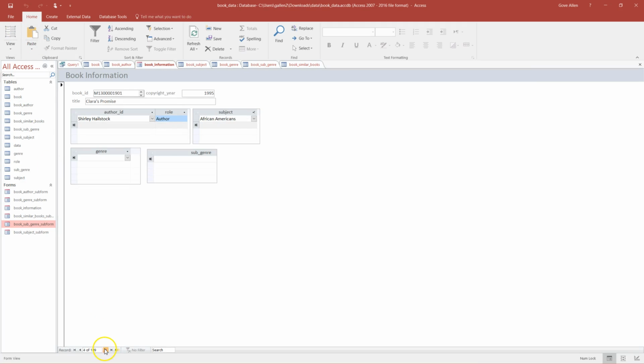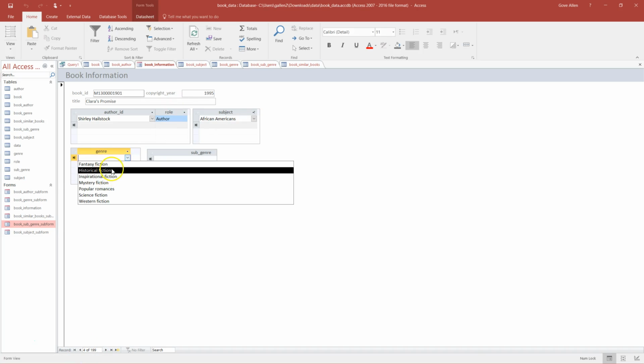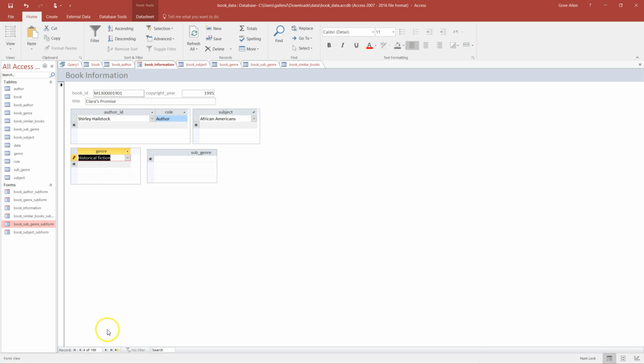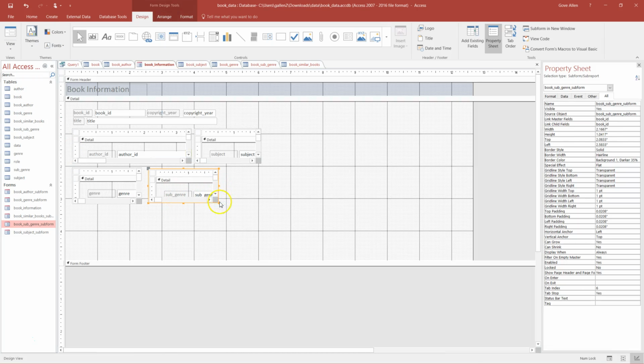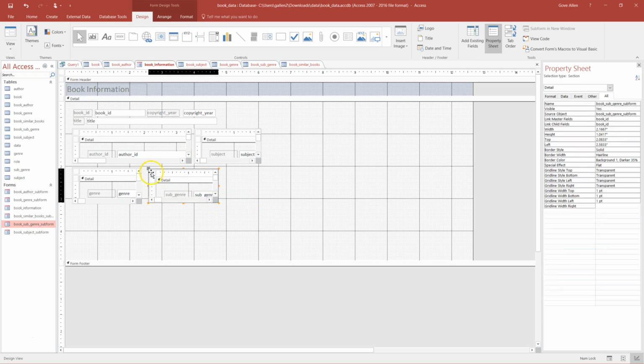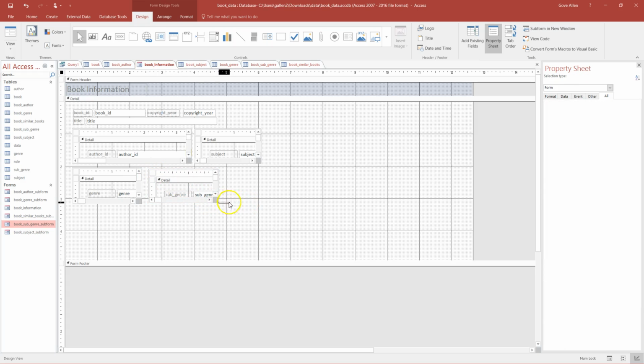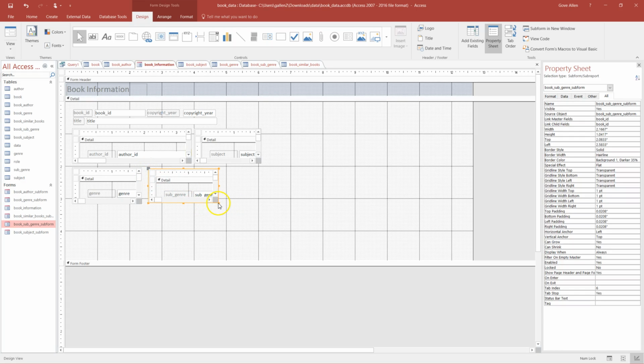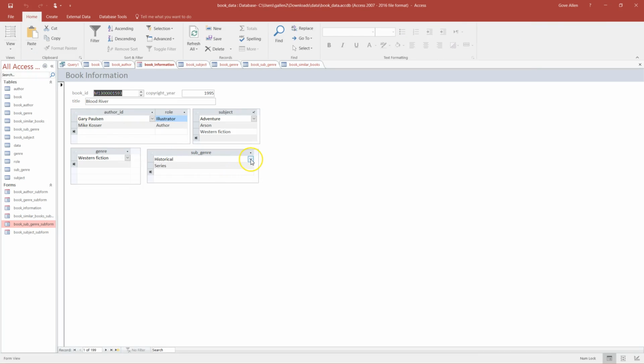Got those working together. Oh, we've got one with no genre. Well, it seems like all of this has to be historical fiction, so let's at least put historical fiction in. Subgenre looks like it needs to be a little bit wider. So take that back in design view and go wider. All that work to make it smaller. See if that's wide enough. There we go. So now we've got access to that drop-down list,